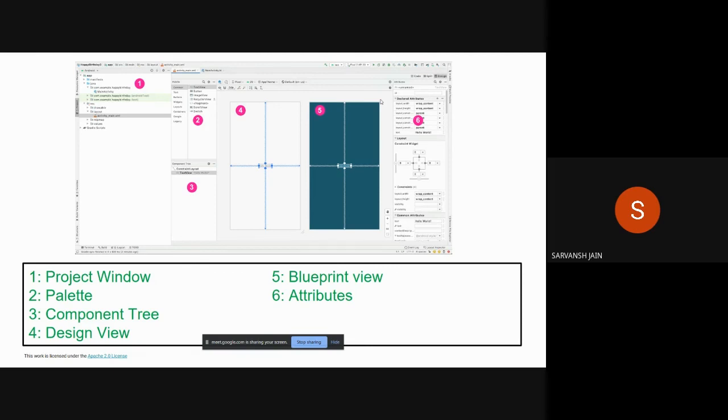So basically, you would be wondering what views are. You can consider them as elements which are present on your application. There's a view group container, and under that container there are all these views.